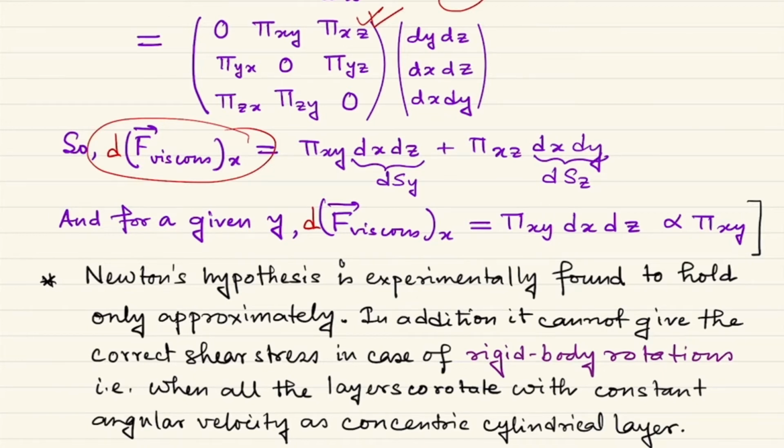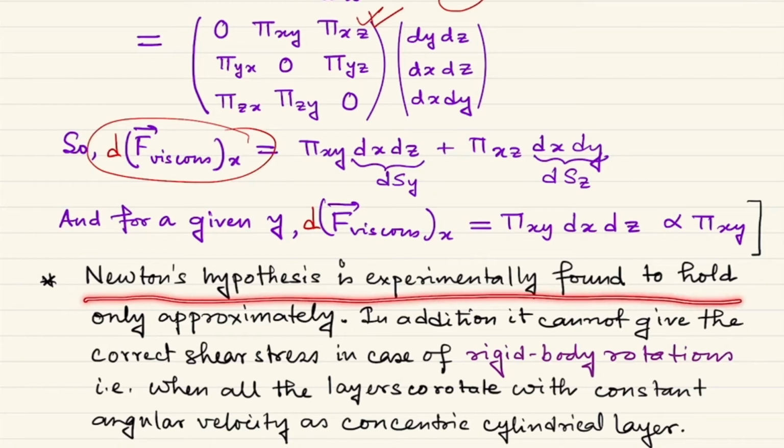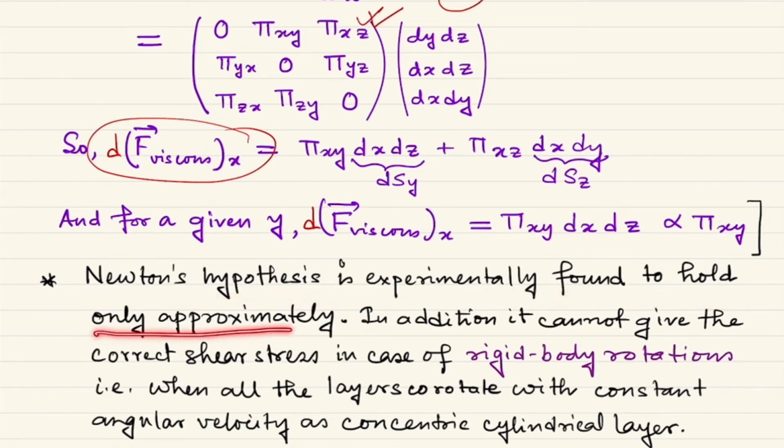Okay. Now coming to a very practical point, Newton's hypothesis is experimentally found to hold only approximately. That's what I told. In addition, it cannot give the correct shear stress in case of rigid body rotations. That is something very, very important. Although it is moderately valid for most of the fluids we encounter, but if the fluid is